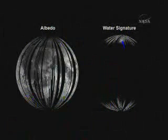What's shown here is, again, a summary of the M-Cube data. Shown on the left, labeled albedo, is essentially the brightness of the surface of the moon as you would go out and look at it on a lovely moonlit night. That gives you an orientation that you should be quite familiar with. Shown on the right is the distribution of the signature of OH and H2O that M-Cube has detected. You can